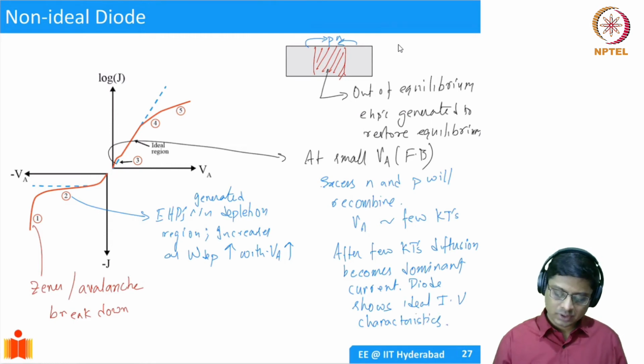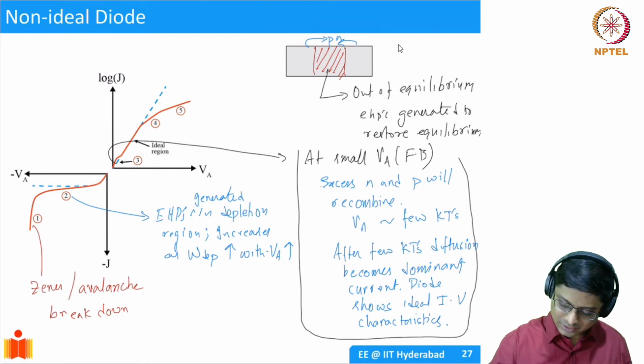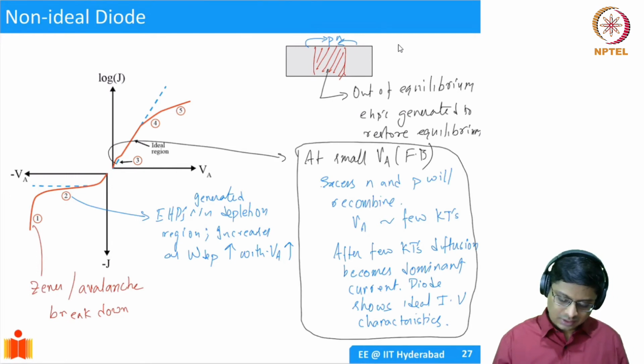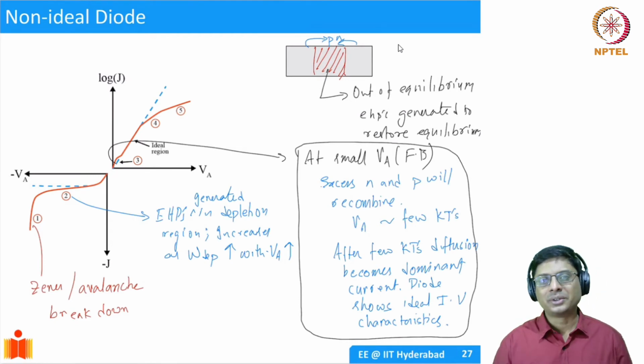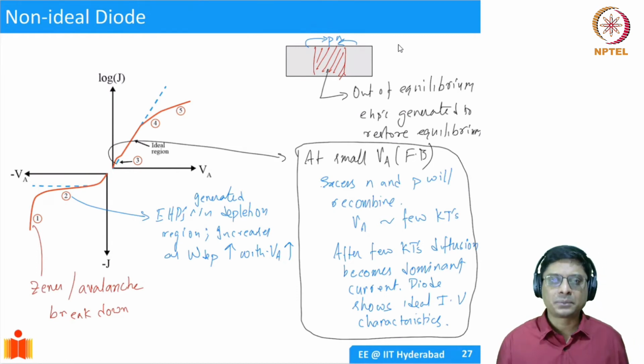Okay, so this is basically region 3, this entire thing. I'm sorry, I changed my color. I should have maintained the same color, but essentially this is this. This is a third non-ideality that you will see, but I would say that this is not a very significant effect because there's a lot of forward bias current. Diffusion is very strong. We saw that it can be a few amps per centimeter square. It was significant in the reverse bias because the current was picoamps per centimeter square, and then any small addition is going to show up.